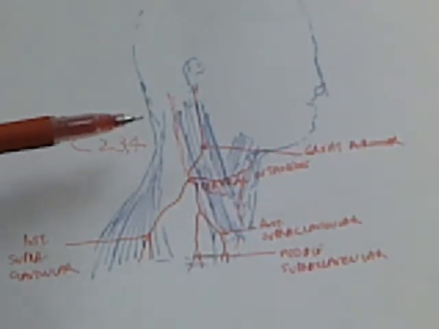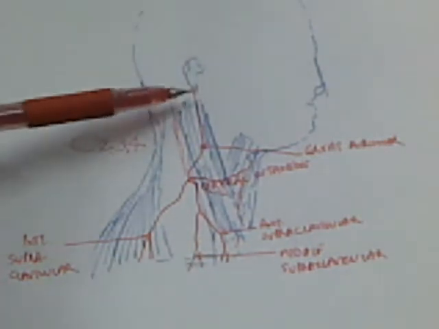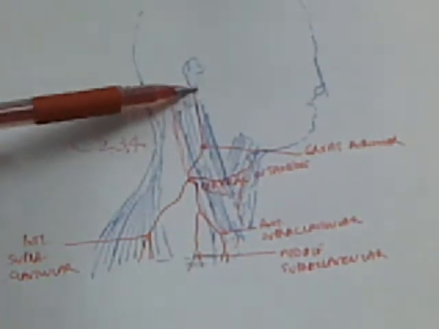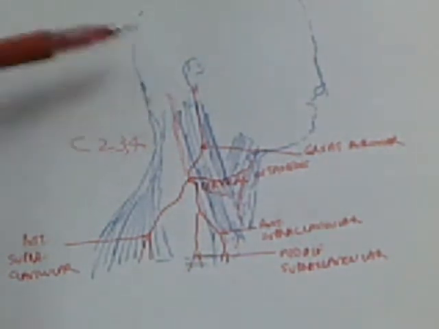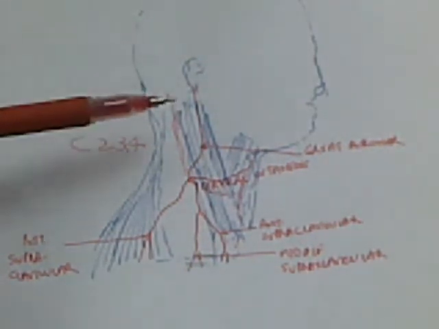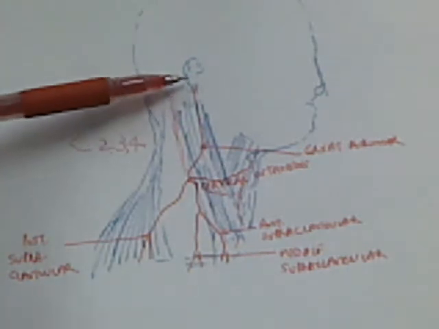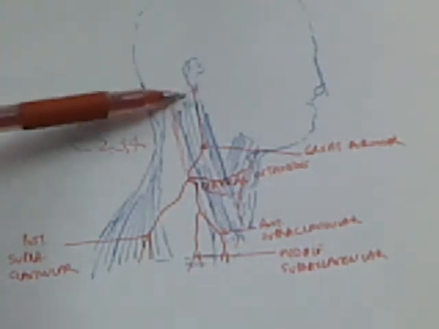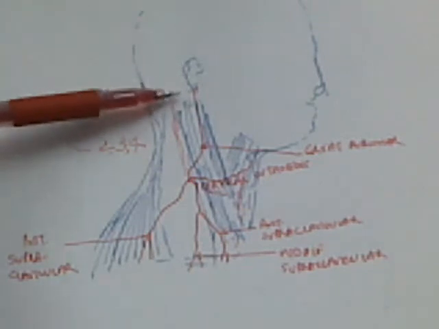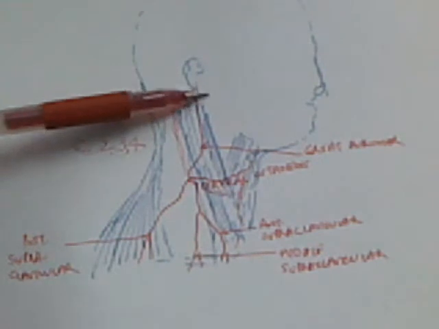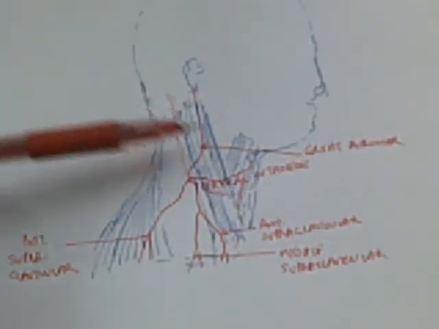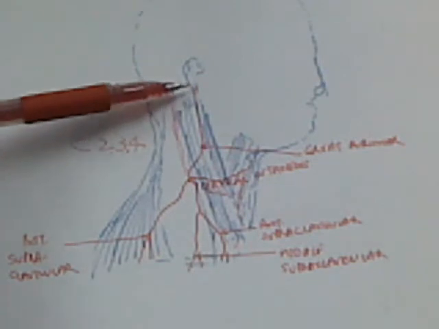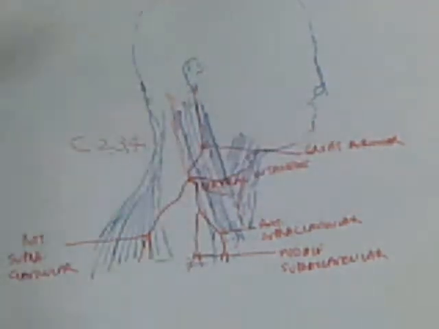the parotid gland. So it is providing sensory information from the skin over this parotid gland here, and over the mastoid process here, and both surfaces of the outer ear. This outer ear has a lateral surface and a medial surface. So both surfaces of the outer ear, plus the skin over the parotid gland, plus the skin over the mastoid process, are served by the great auricular nerve.